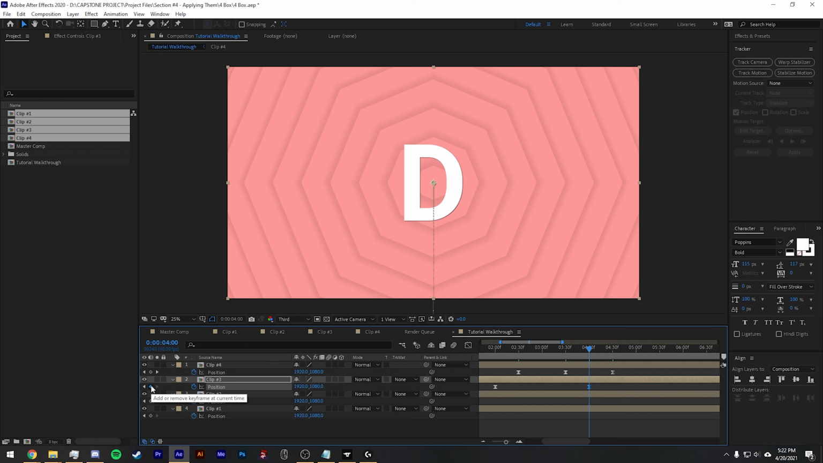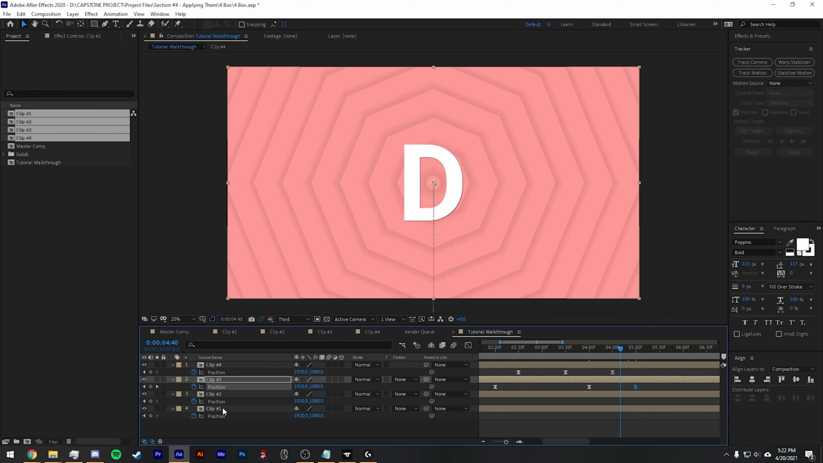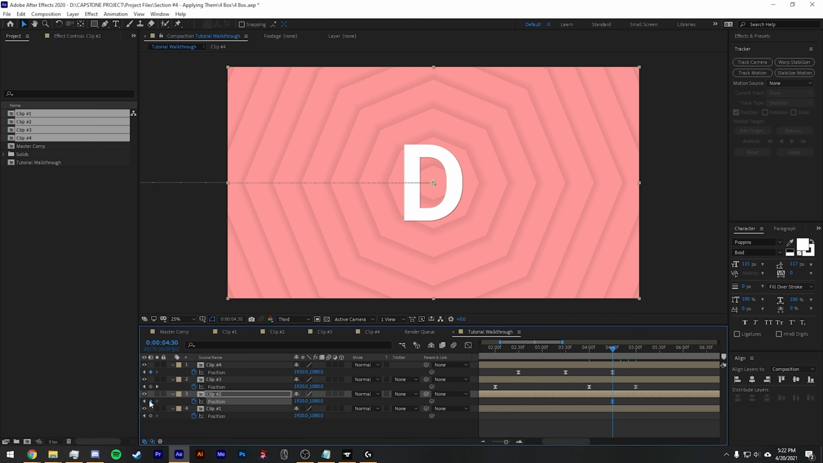30 frames later, I set a keyframe for the second clip, and I go a full second forward, make a new keyframe. I go back half a second, make a keyframe, go forward a second, make a keyframe for this clip here, go forward 30 frames, make a keyframe, and again, make a keyframe. So what we're doing here now